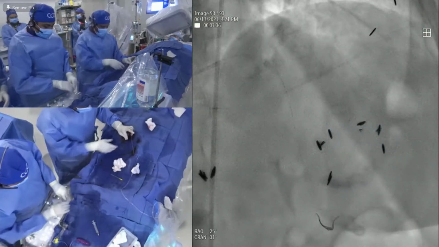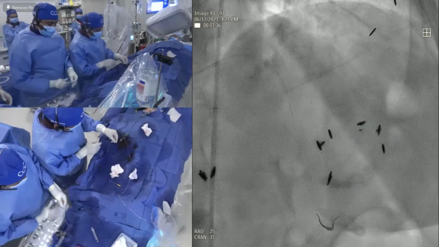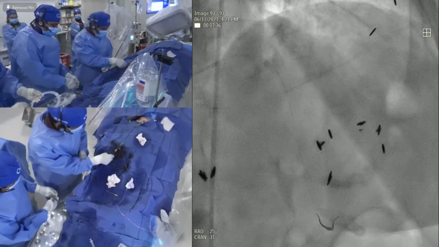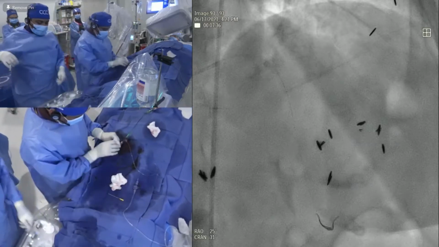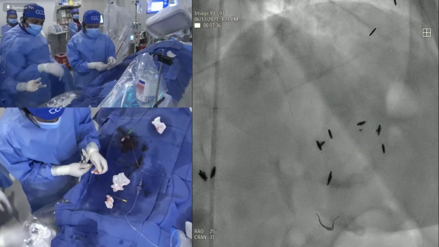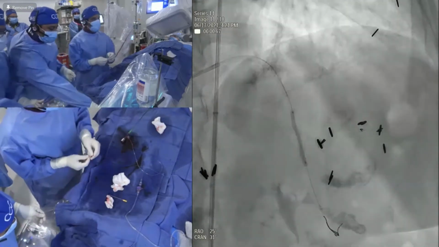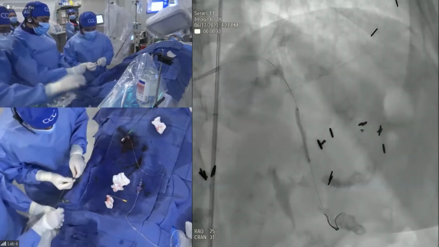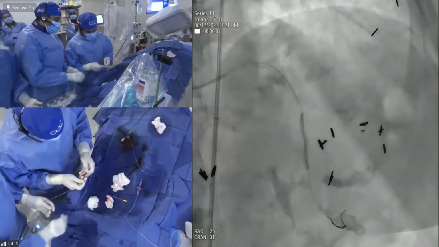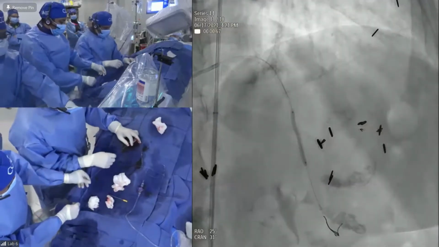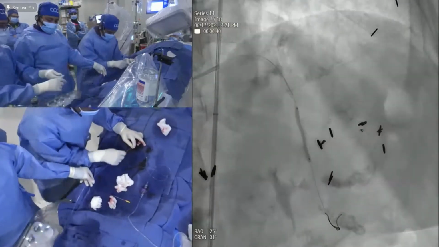In an angulated vessel, I want to make sure sometimes you even need to get a little long cine to see what you are exactly seeing. That's a very, very important point. So in this particular case, as you can see here, the stent seems to be nicely expanded. And now we are ready with the stent in the distal area.